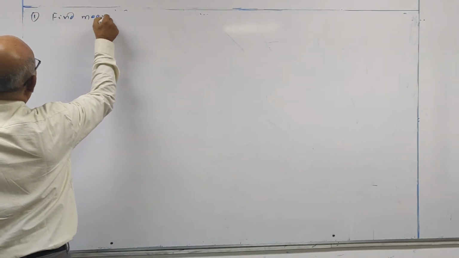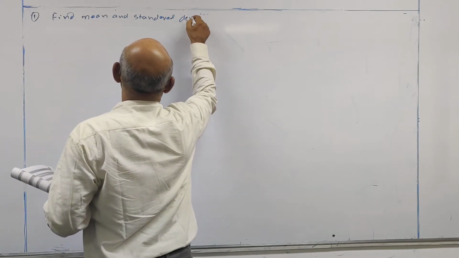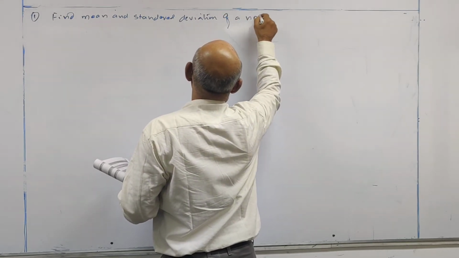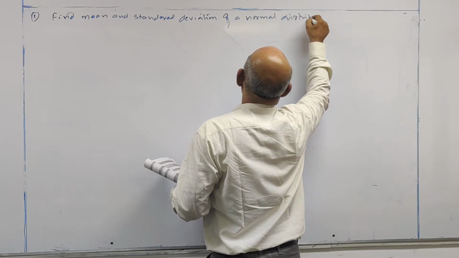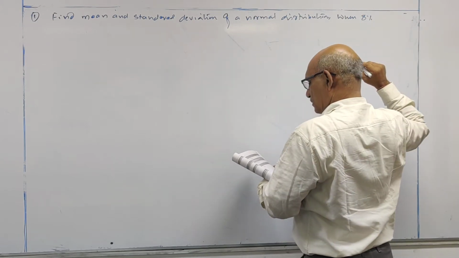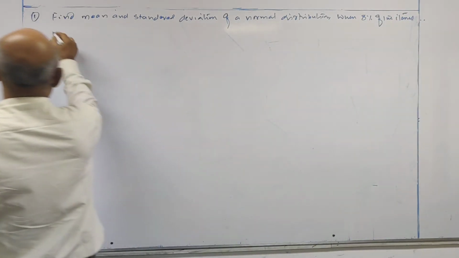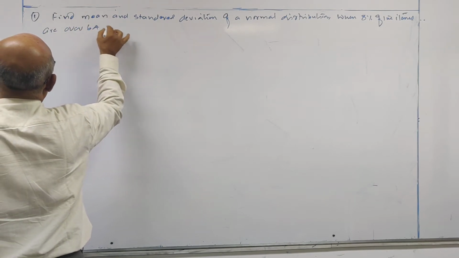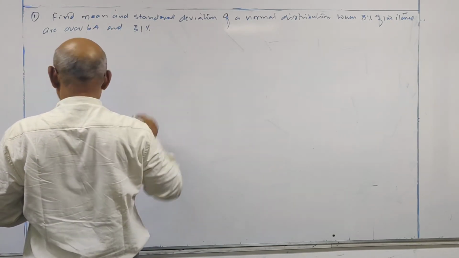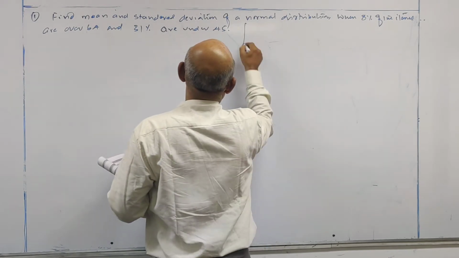Find mean and standard deviation of a normal distribution when 8% of the items are over 64 and 31% are under 45. Given